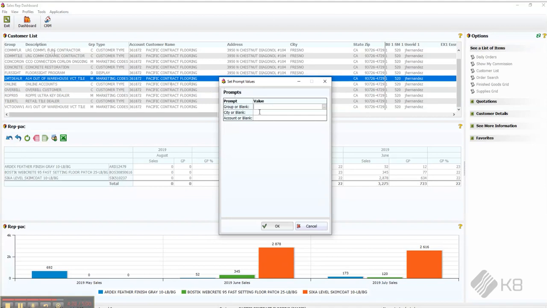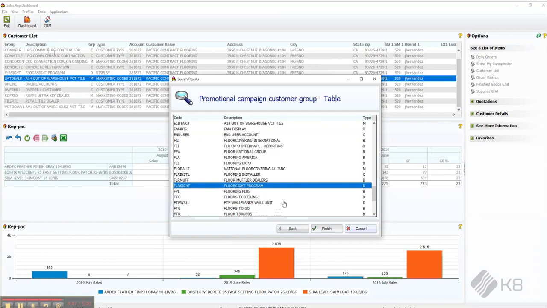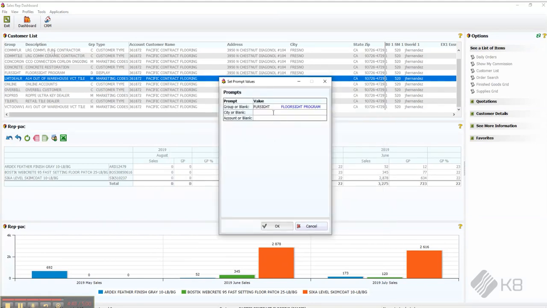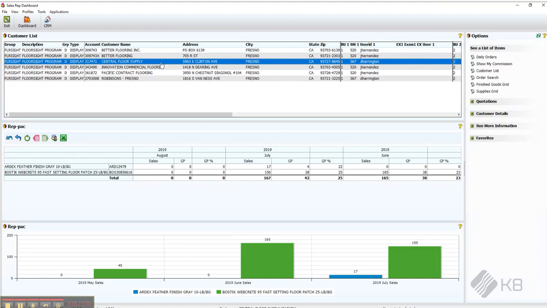So if I wanted to just put in all plus a city, then you could just get a list of your customers from the city, or just a group of your customers, all Foresight, which we'll do as an example. So we'll just do Foresight. And again, we'll do Fresno. I want to find all my Foresight customers in Fresno because I'll be in Fresno today and I want to go call those customers. And again,